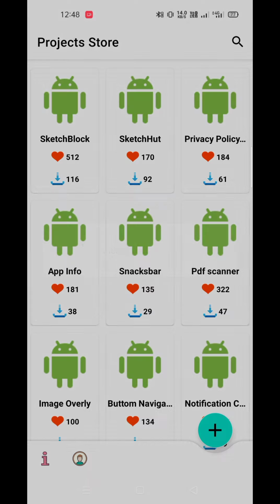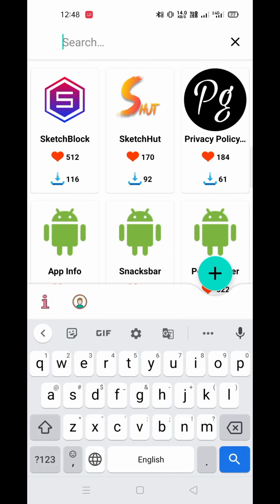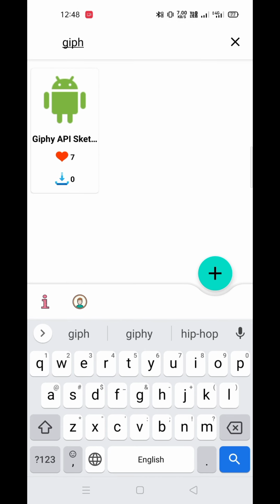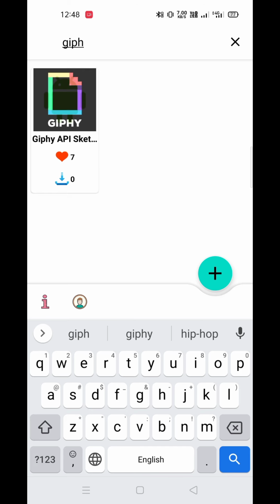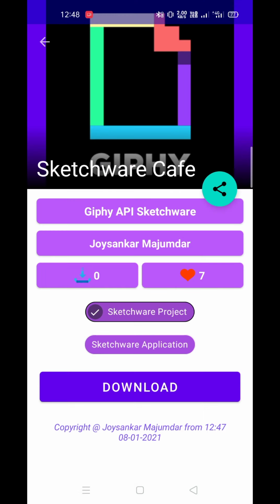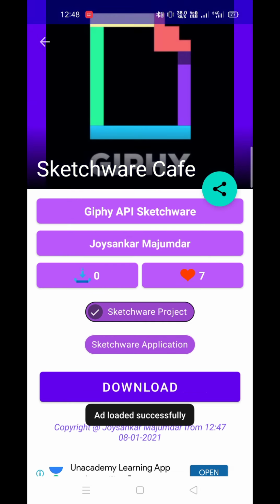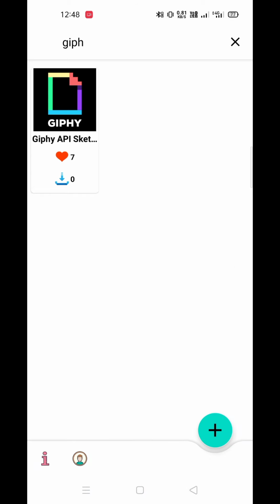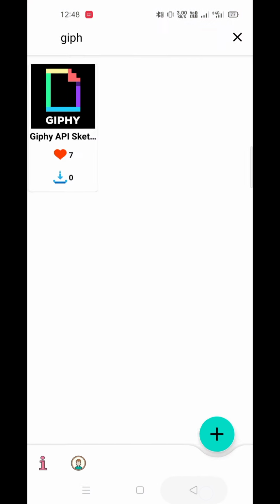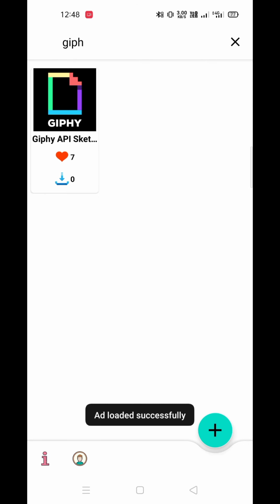The project will be loaded, and here you have to search for Giphy. This is the Giphy project. You can download it and the project will be added to your Sketchware projects. This is very simple. I will provide the application link and the project link also, so that you can download it easily.